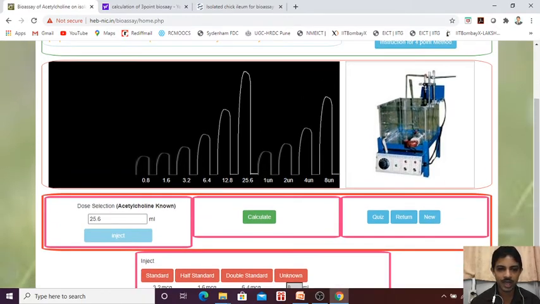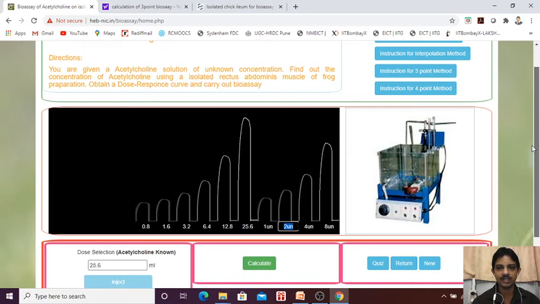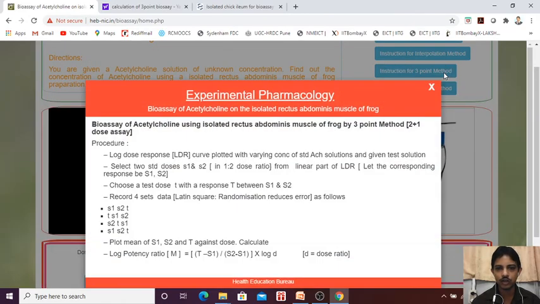So now S1 is 3.2 microgram of standard, S2 is 6.4 microgram of standard, and this one is in between. 2 ml is unknown. Clear? 2 ml is unknown. Now next what are you going to do?